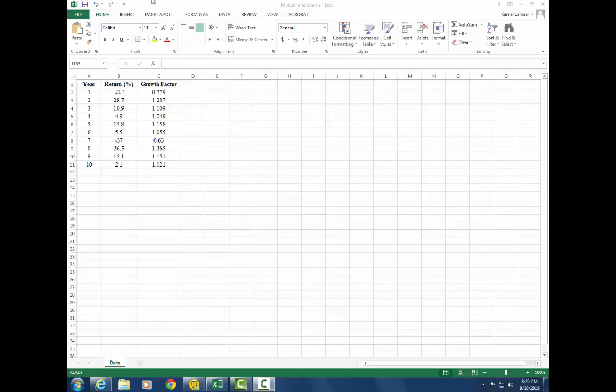Alright, let's practice geometric mean. Again, the story here is you invested some amount of money in the first year. That first year you lost money by 22%, and you reinvested all the money remaining in the second year, you got 28% and so forth. At the end of the year, however much money you have, what constant growth rate would you have to get